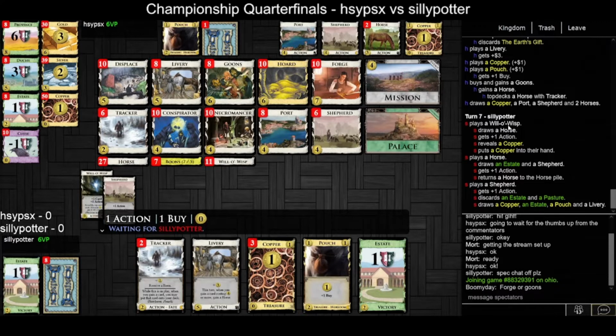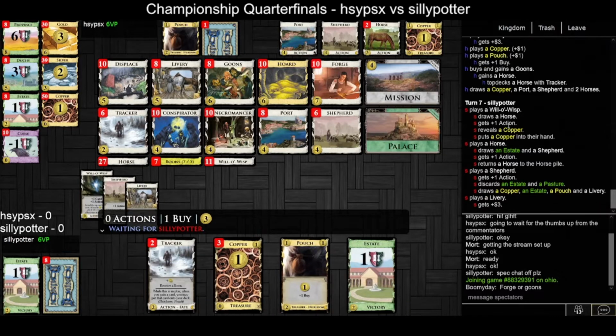If you play livery, you do have pouch for multiple buys, so you would have 7 coins, like a 2 and a 5, but I don't think you want another tracker because you don't really have the terminal space for it, as shown here with his hand. He probably wants some additional ports,